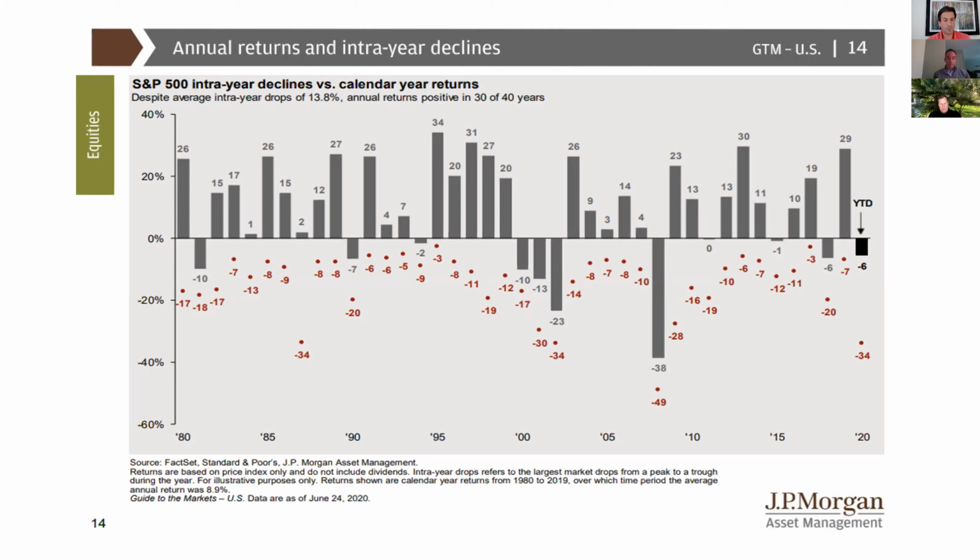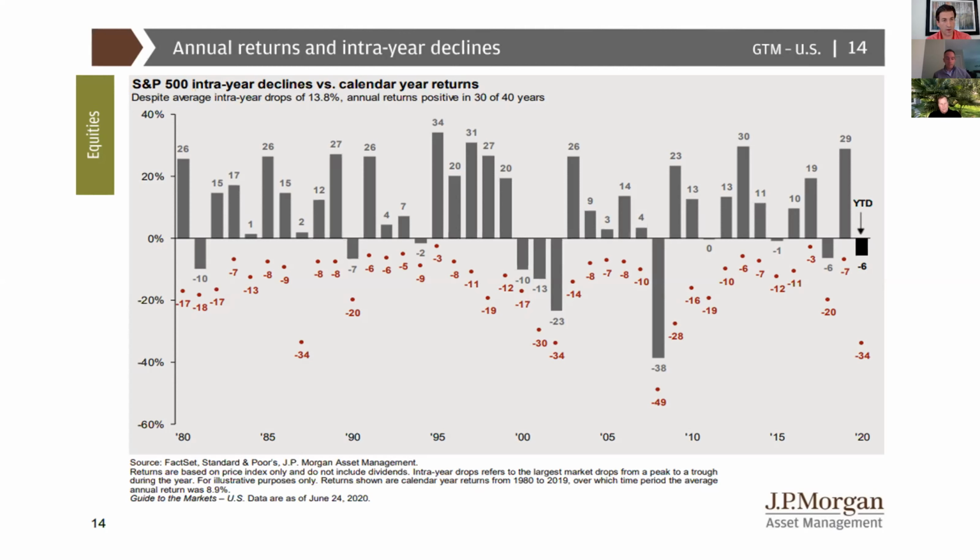And despite that, let's look at 1980 as an example. Let's say you invested $100. Well, at one point during that year, that $100 dropped to about $83. And yet, if you went to bed on January 1st and woke up on December 31st of 1980, your $100 would be worth $126. So this is not the first time. In fact, I believe about 25% of the years between 1980 and 2020, you had intra-year drops of 20% or more.